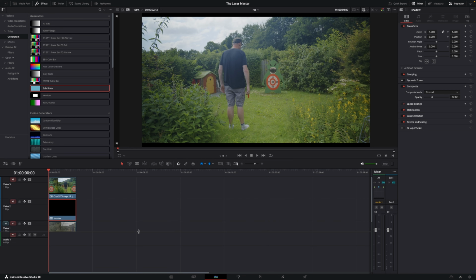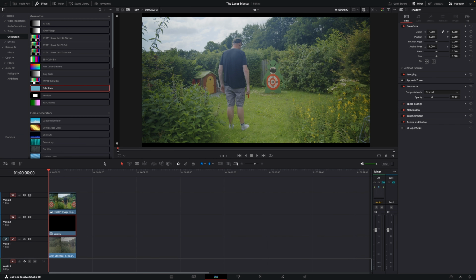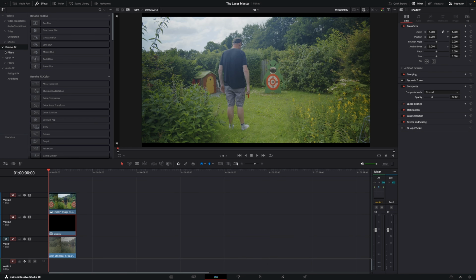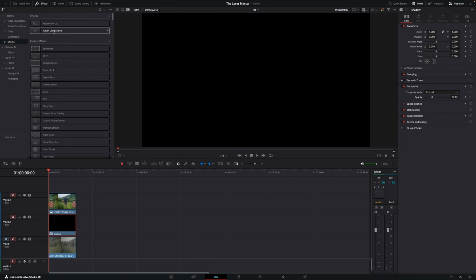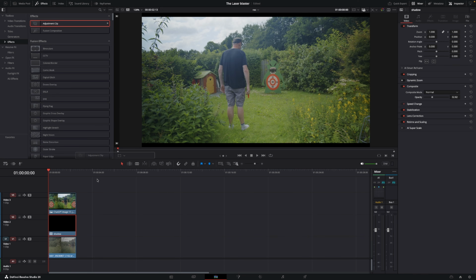So let's just do the last thing, actually. That's a cool little trick. So I'll go up to the effects. And in the effects, I'll go into Resolve Effects. I'll go up to the effects. And I'm going to take an adjustment clip, and I'm going to put that on top of everything, and I'm going to make it fit. I'm going to select the adjustment clip, and then I will simply go into the position, and let's say I want